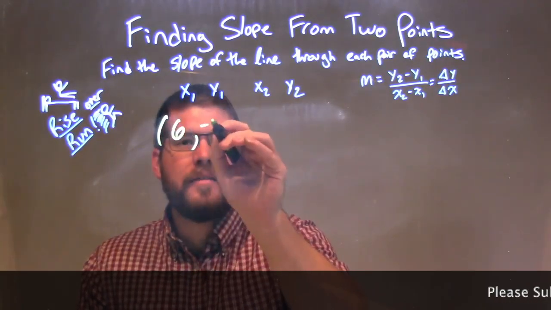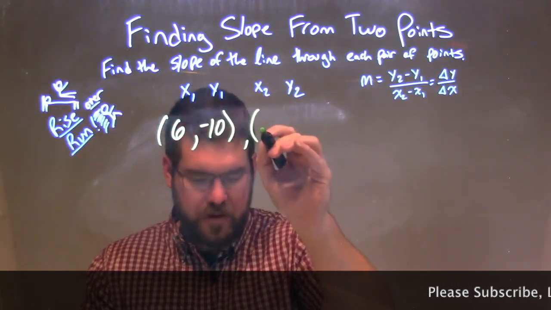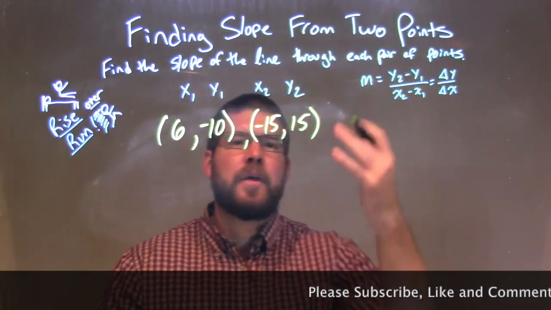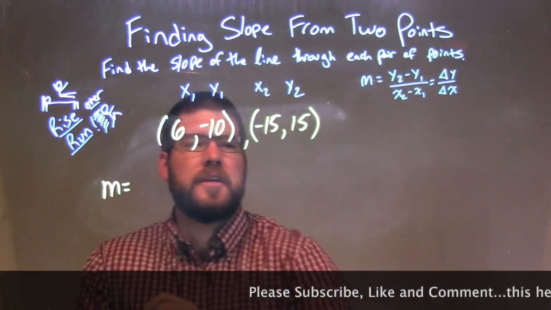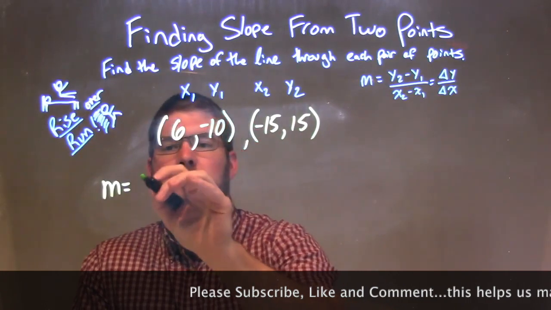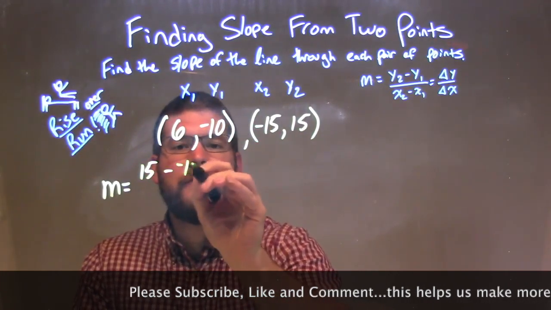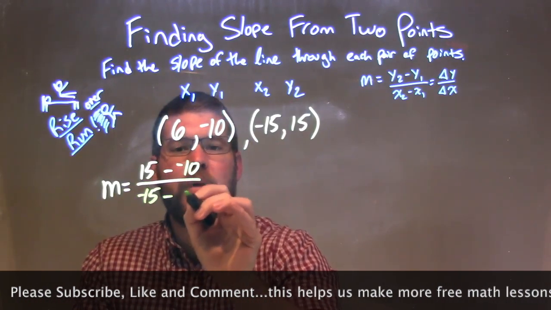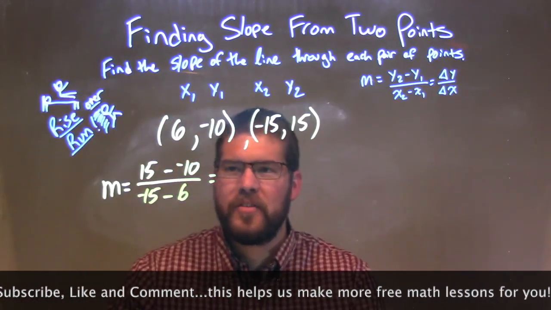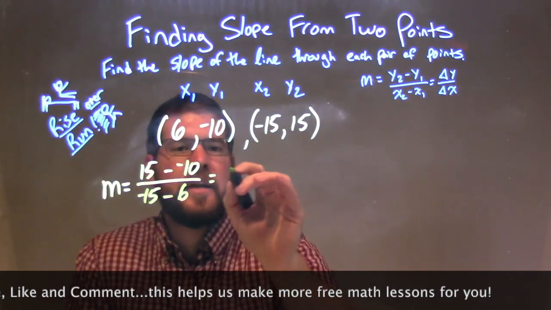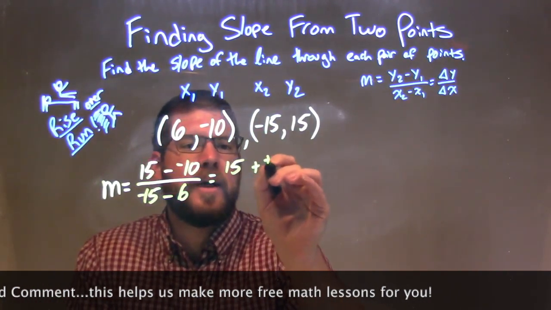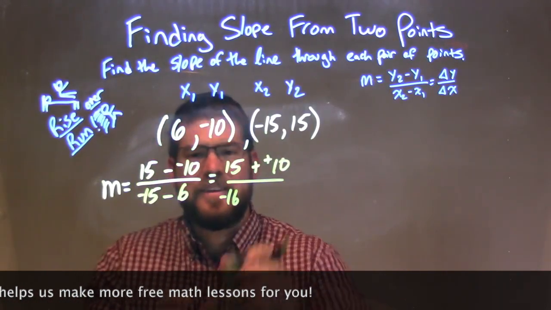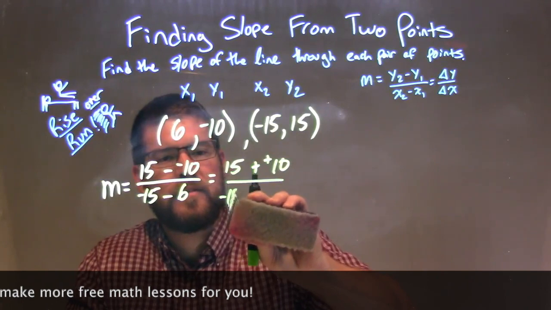6, negative 10. My second point being negative 15, positive 15. Okay? So we need to follow our slope formula, our change in y over change in x. Well, y2, 15, minus y1, negative 10, over x2, negative 15, minus my x1, which is a 6. Okay? Well, let's simplify that. A minus a negative is plus a positive, so we have 15 plus a positive 10 over